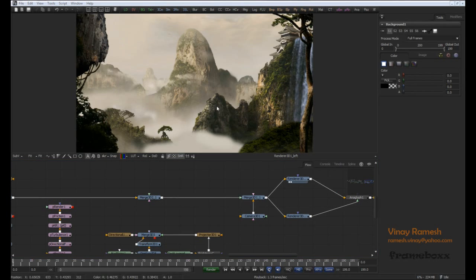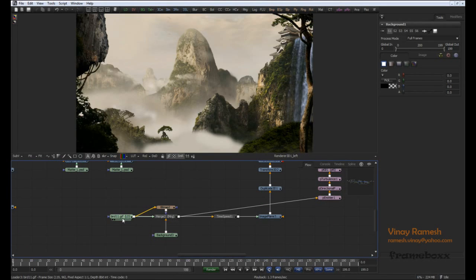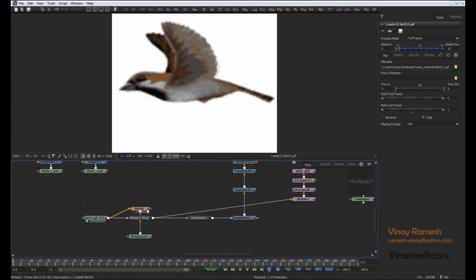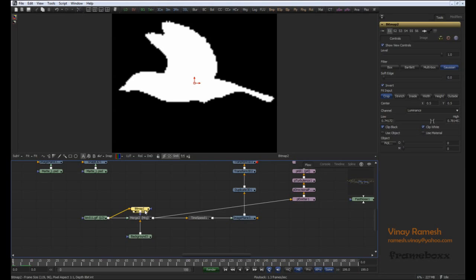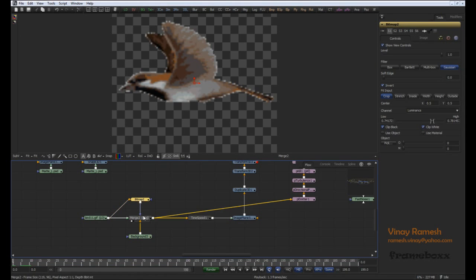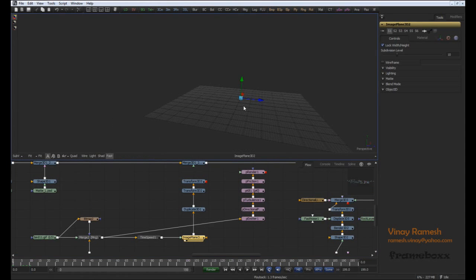So next let's add some birds onto this. Again I have a GIF over here. It doesn't have any alpha, so I use again a bitmap mask to extract an alpha. This time I'm using the luminance value, again with the threshold value adjusted. As usual, take a merge and an empty background with alpha 0 and the bitmap mask going onto the mask input of the merge, and I have varied the time speed of this just to make it slow, and I have it on an image plane over here, too small